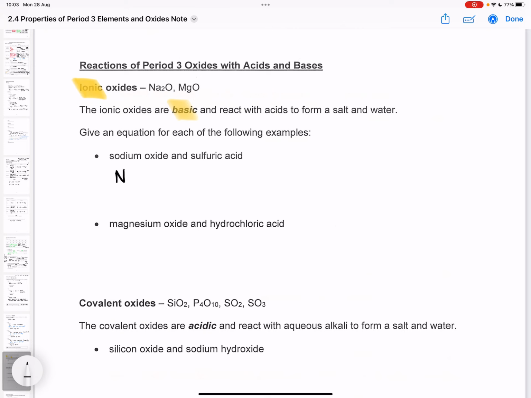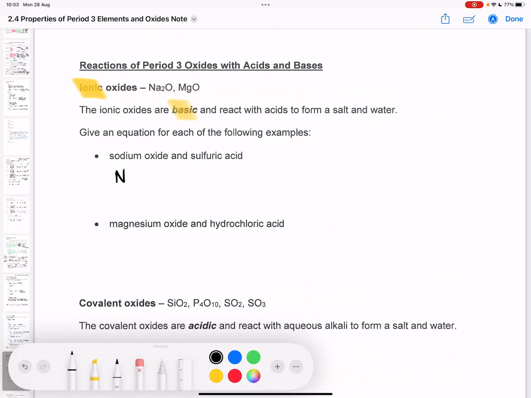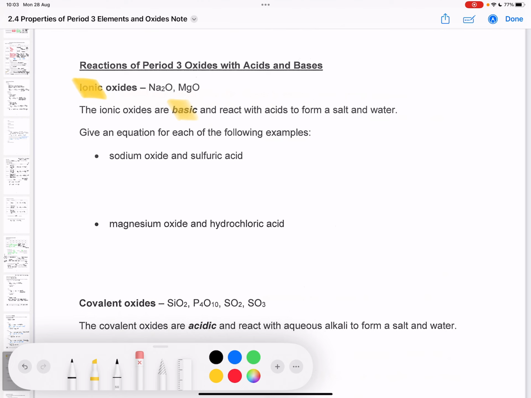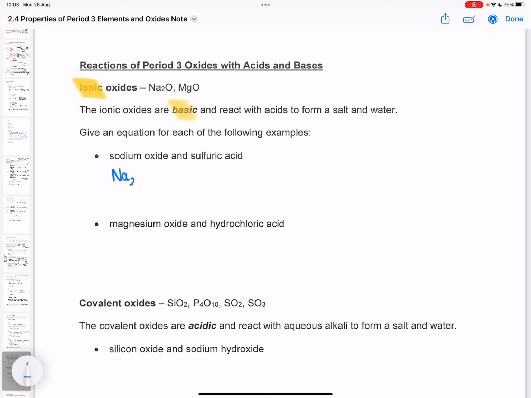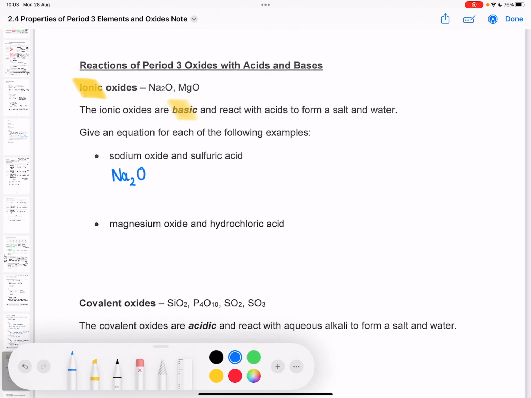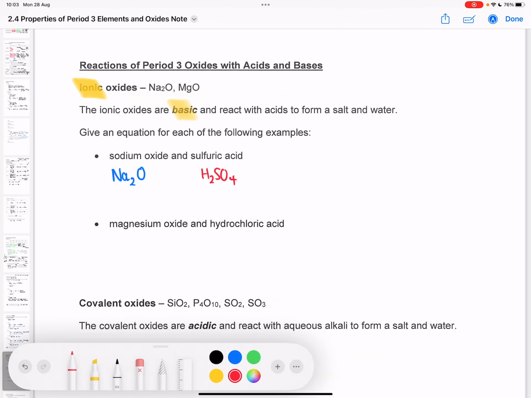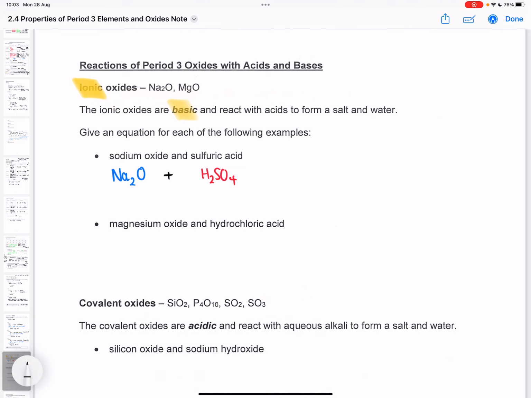We've got our sodium oxide. Let's just actually colour code this. So we've got our sodium oxide, which is acting as our base. So we'll do bases in blue because bases in turn indicate as blue or purple, remembering that sodium oxide is Na2O. And then we've got our acid, which is sulfuric acid here, H2SO4. So remembering this is acting as a base and it's going to react with an acid